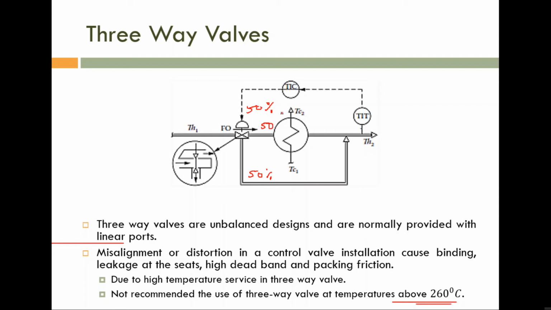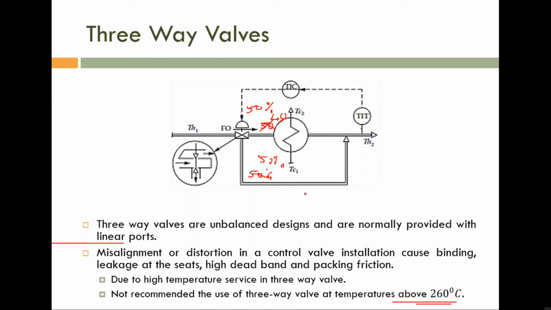But I told you this heat exchanger is providing an additional resistance. If it is providing an additional resistance, then this flow rate is decreased to something around 48%, depending upon the resistance, and this is increased to 52%. So you can see that an unbalance has occurred. Is it okay? So how to avoid that? In order to avoid this situation,